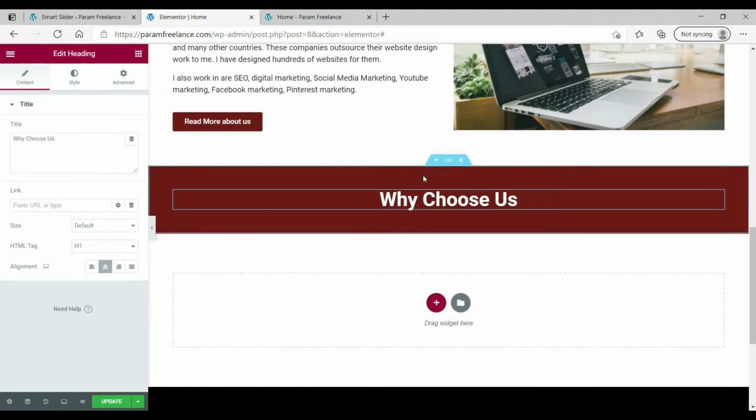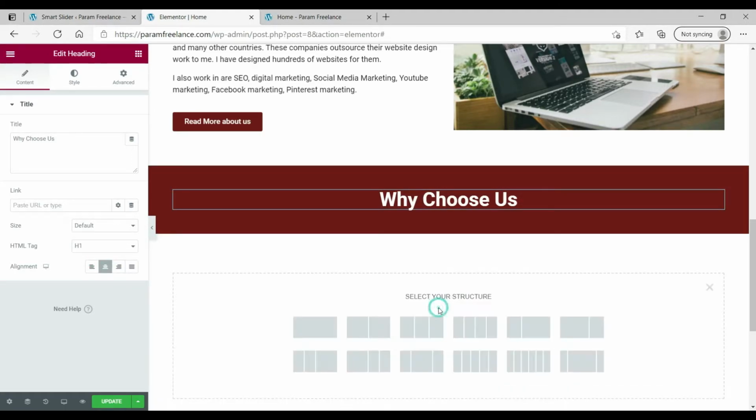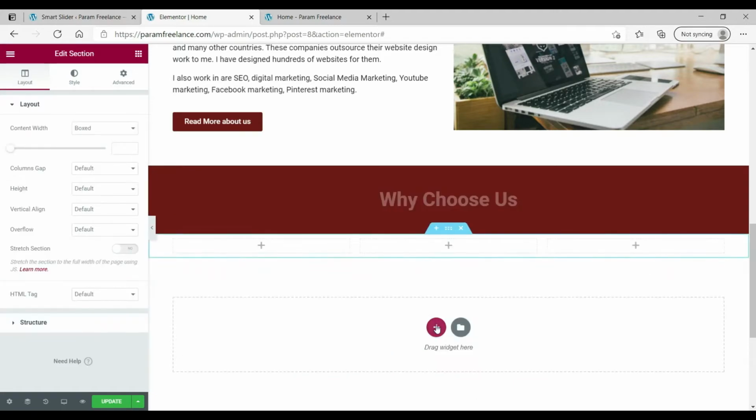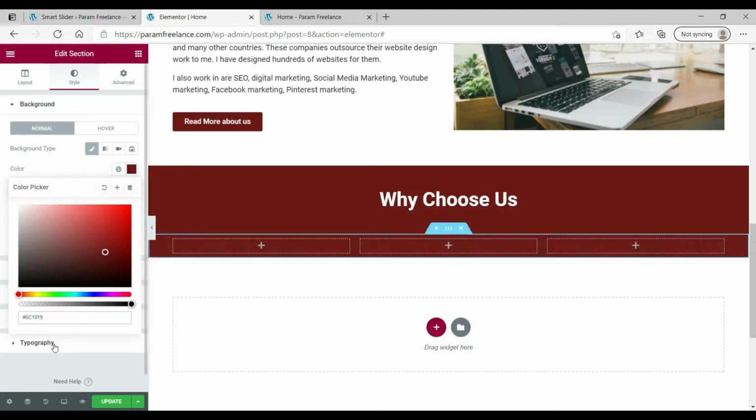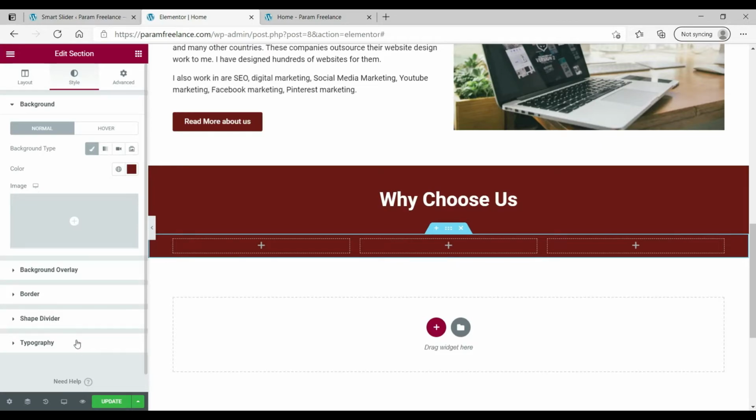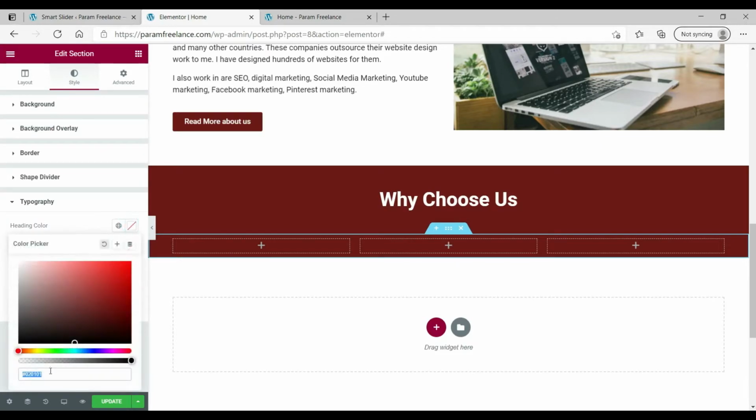Okay, now we have got this section here. Now we are going to add a 3 column section, and the background color will be exactly the same as the top one. All right, now we are going to have the typography. Under typography, just change the color of the text to white.